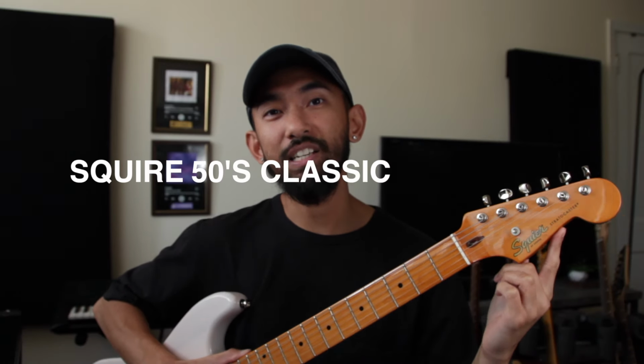This guitar is a beast. This is a Squier 50s Classic Vibe Stratocaster in beautiful white blonde, and I know what some of you might be thinking. Ew, is that a Squier? I only play Fenders, man. And look, part of me said the same thing and was a little hesitant to give this guitar the time